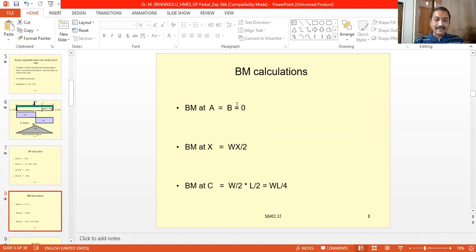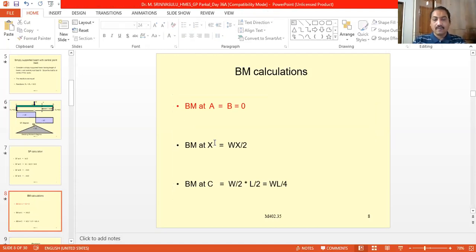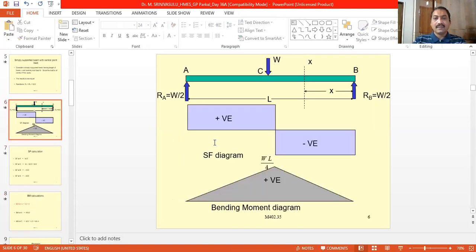This is a general rule. For any simply supported beam, the bending moments about the point A and point B will be equal to 0. So that we must note. Next, to find a general equation, we have to consider a section x, and the midpoint is there. So now we will consider a section at the midpoint. Now at the ends we got 0 values.